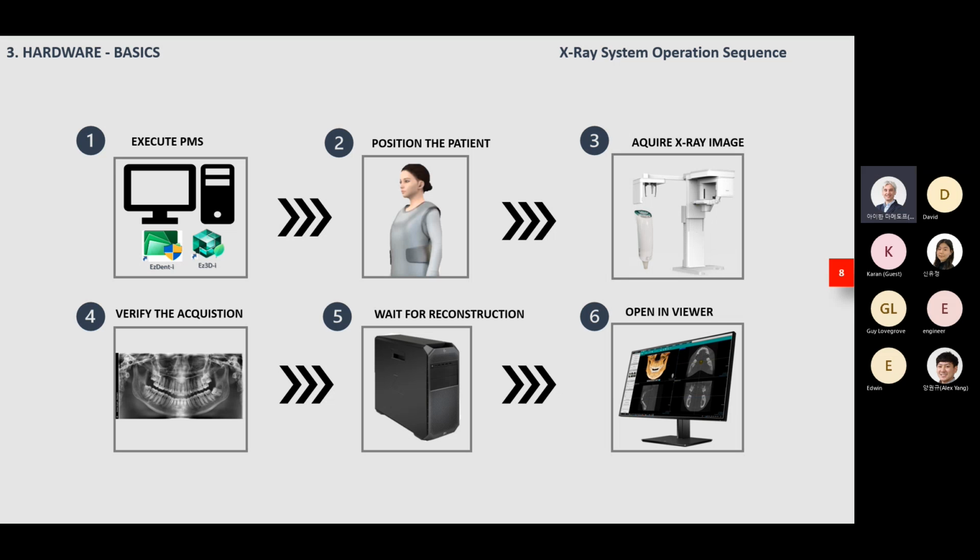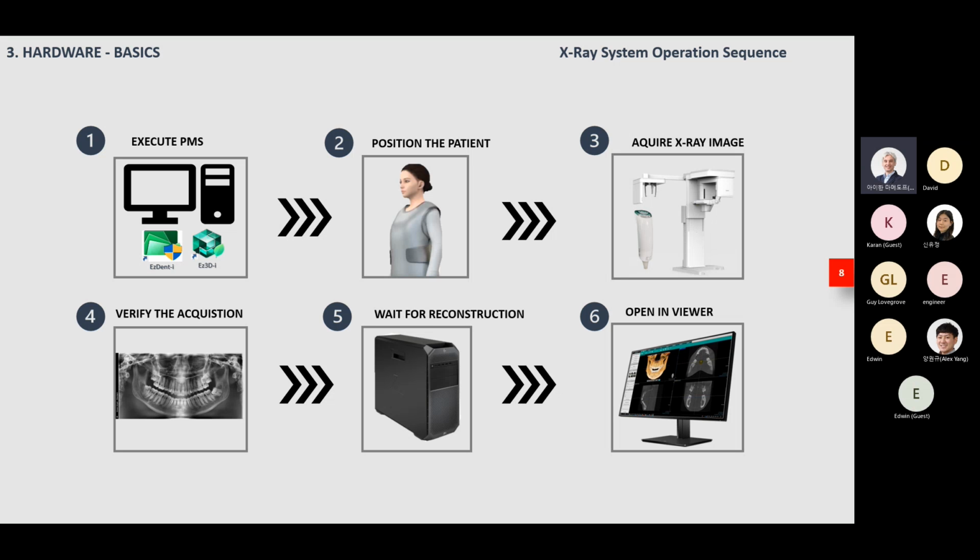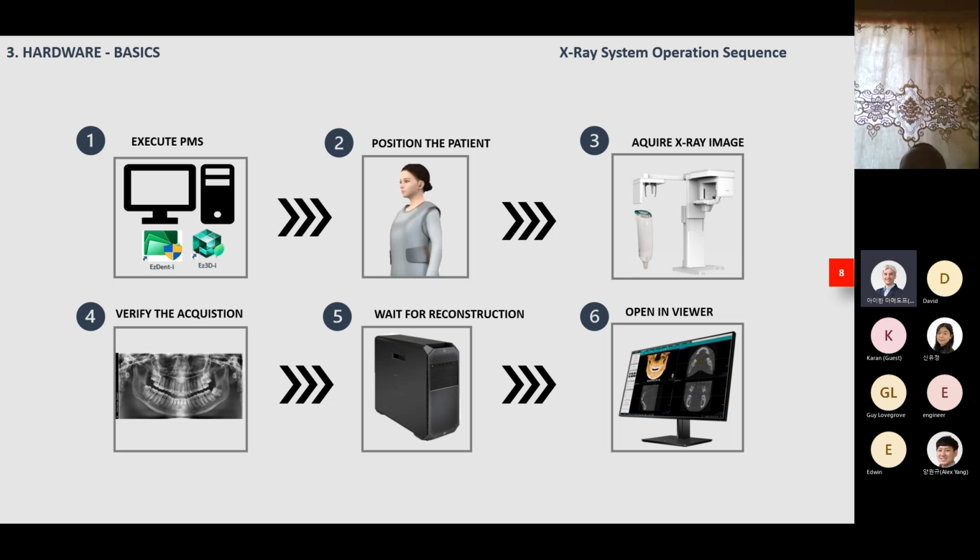So a step-by-step explanation to the staff would also be quite useful for them to make proper image acquisition. So we can see the steps here, and all you have to do is execute the PMS, position the patient, acquire